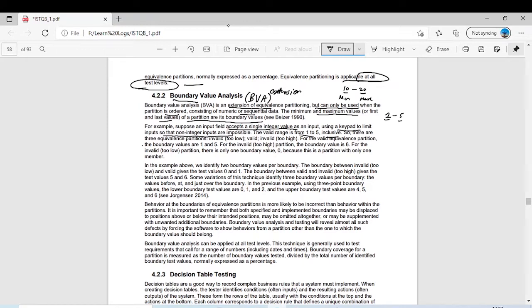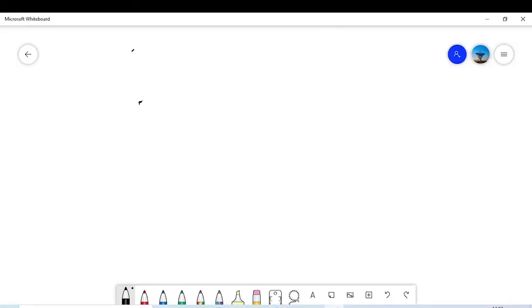There are 3 equivalence partitions here. I will explain how they make the partitioning. They have told us that the numeric keypad only accepts values 1 to 5. So there are a total of 3 partitions: one is the valid range, and greater than 5 till infinity is an invalid partition. This one we know is valid, and the second invalid is 0 till minus infinity, which is also invalid. So we have made 3 equivalence partitions in this particular case.